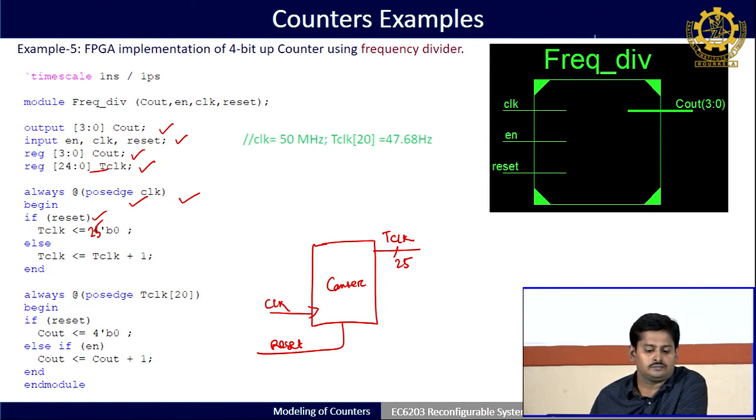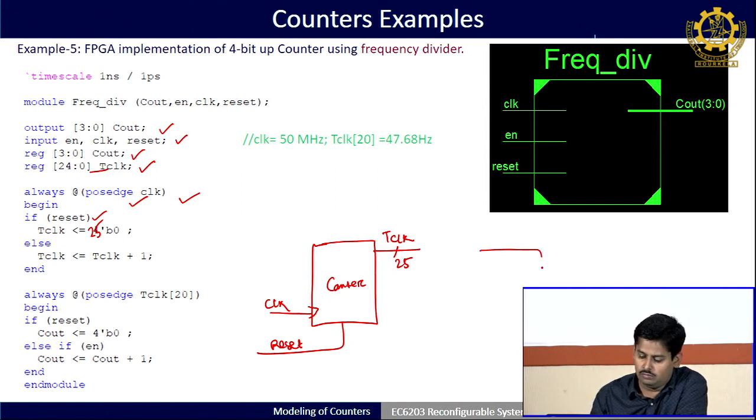So, if you want to implement this inside an FPGA, you have to map the corresponding 4 outputs to 4 LEDs, where you can observe the sequence like 0, 1, 2, 3 in binary. As the frequency of the input clock is very high, let us say 50 megahertz, this change in sequences in the LEDs will not be observed by our eye. So, what we have to do is reduce the input frequency further, and that reduction in frequency will be applied to the design or module under test.